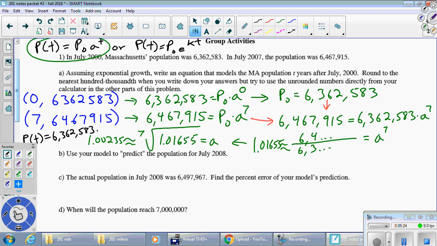6,362,583 times a to the t, and we just figured out a is roughly 1.00235 raised to the t. Not a lot of room there, but that is our final answer. That's our formula